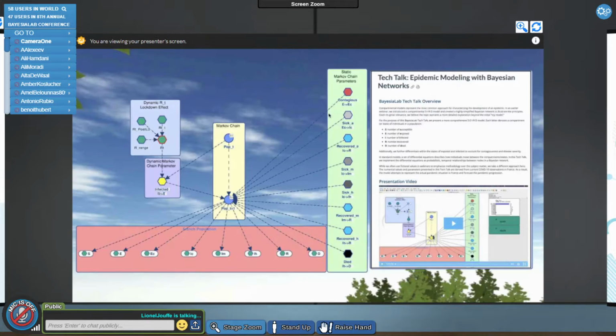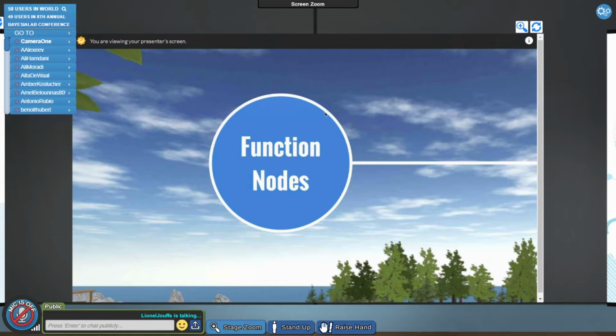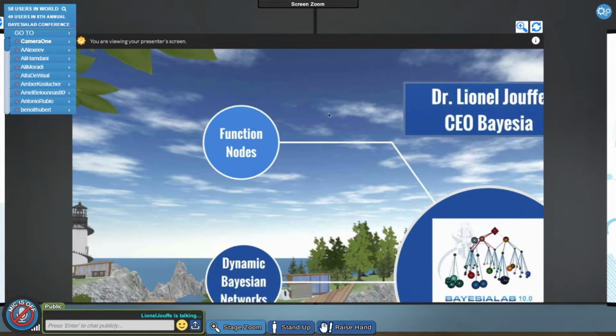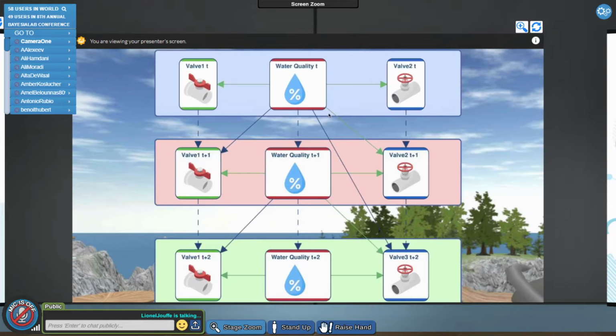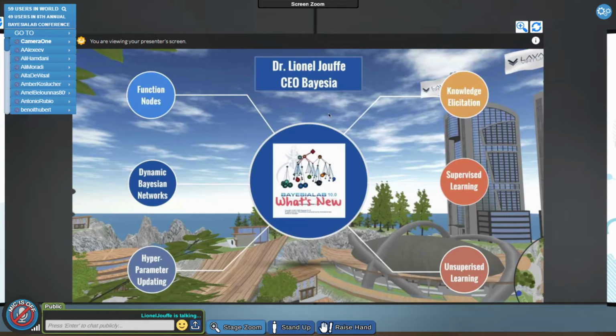And then I'm going to switch to function nodes to introduce some new features, and start again with another example that we did during this COVID-19 crisis, for the compartmental models of epidemic modeling. And then I'm going to switch to dynamic Bayesian networks, and this is not connected to COVID-19, well, not directly at least. And then I'm going to conclude with an example that is also connected to COVID-19, but less directly. And this is an example of hyperparameter updating by using my heart rate.